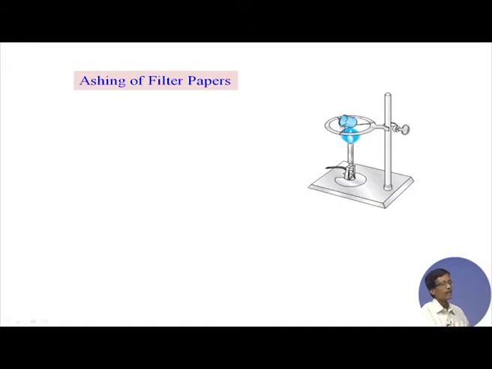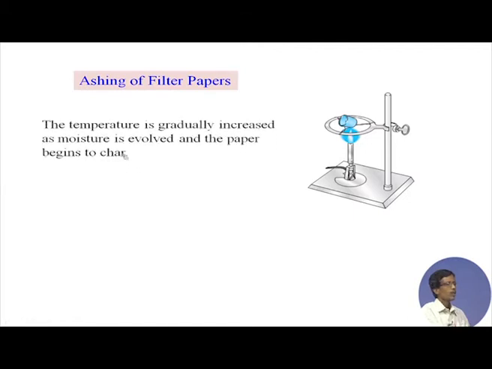Because you have the typical size of this crucible, the crucible along with your filter paper you put inside and heat with the burner. It is somewhat tilted, but initially you can put it in a vertical position. For that vertical position you heat it up, it will dry slowly, and then you can char the filter paper. You must have patience for that, because it will take some time. Sometimes you hold the burner and heat from all other sides of the crucible. So, the temperature is gradually increased, as I told you. The moisture is evolved and the paper begins to char.